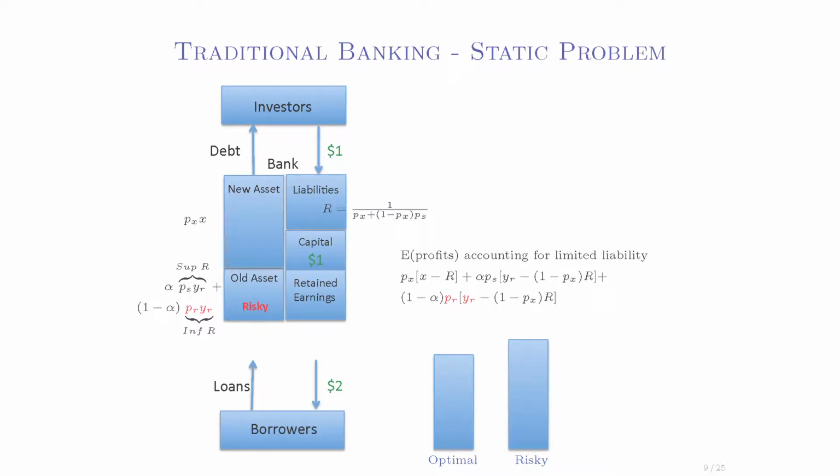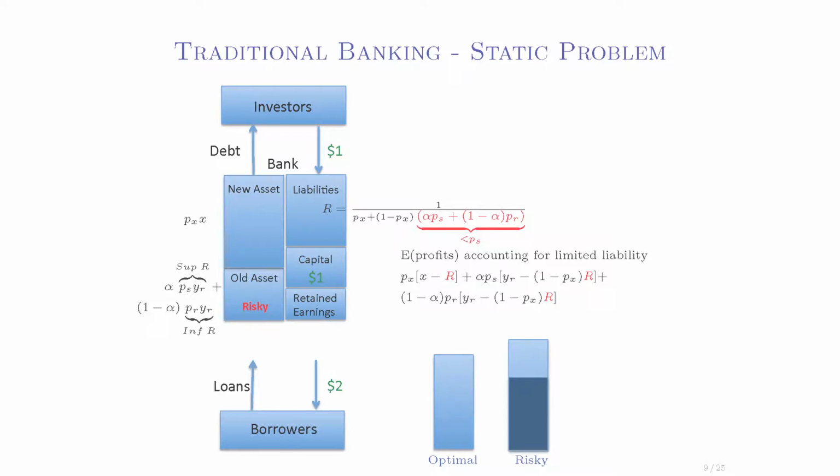But now this introduces a problem, because if investors understand that these are the incentives of the bank, now they're going to charge a higher interest rate because the probability of repayment is lower. But if they charge a higher interest rate in this equilibrium, the expected profits of the bank will be lower. So what this tells you is that a bank would love to commit to invest optimally, but it cannot. So at the end of the day, if there is nothing else going on here, you have a situation with high interest rates and low total output. All right? So this is a problem.